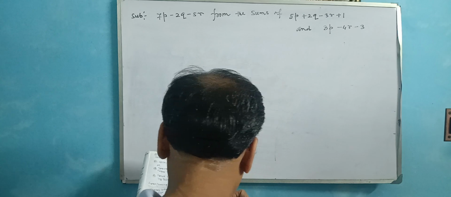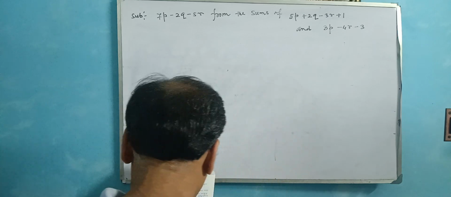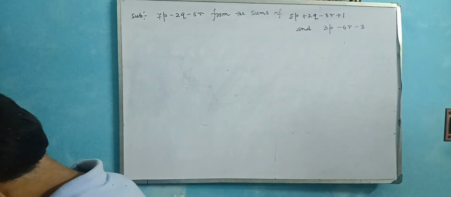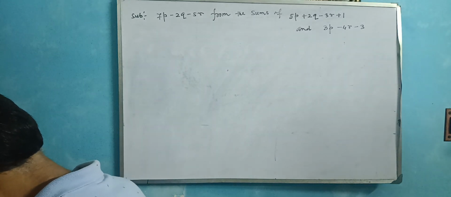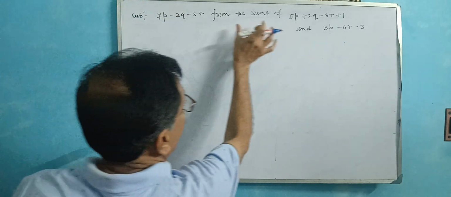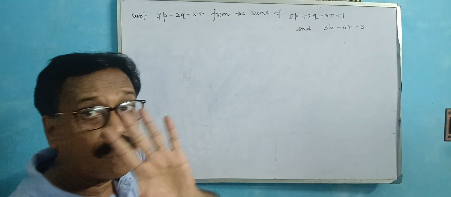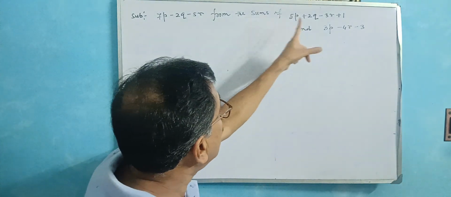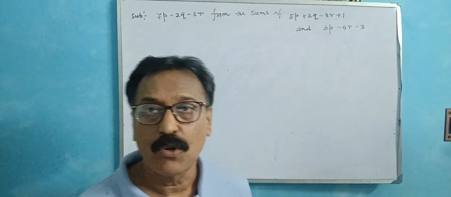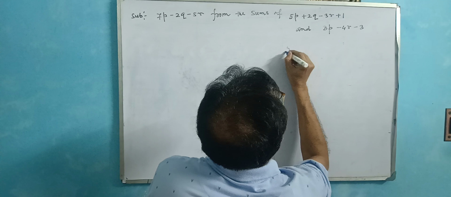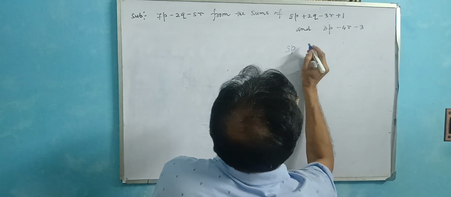ক্লিয়ার? Subtract 7p minus 2q minus 5r from the sum of 5p plus 2q minus 3r plus 1 and 3p minus 4r minus 3, এটা হচ্ছে সাম। ওকে, নো প্রবলেম এট অল। এইটাকে সাব করতে বলছে ফ্রম দ্য সাম অফ দিস। তাহলে তোমার ফার্স্ট কাজটা কি হবে? দ্য ফার্স্ট ইউ ডান সাম অফ দিস এন্ড দিস, এই দুটোকে আগে সাম করো। ওকে, সো এটাকে ফার্স্ট সাম করি।